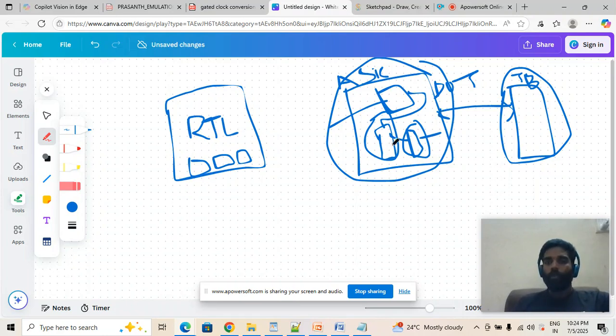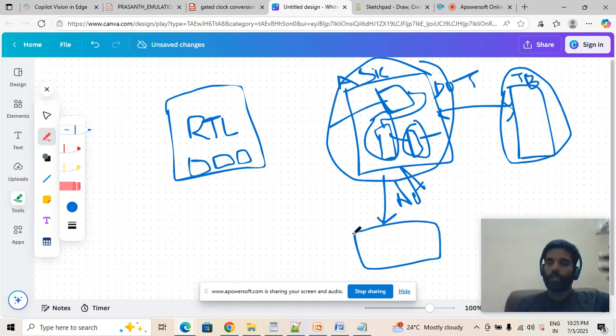Now I'm giving it to my backend tool, and it will do this. I'm giving my netlist file here, in any format, maybe EDIF or EDN format. It's a common netlist format. So this will go to my backend tool side. My backend tool will do placement and routing, and timing analysis,